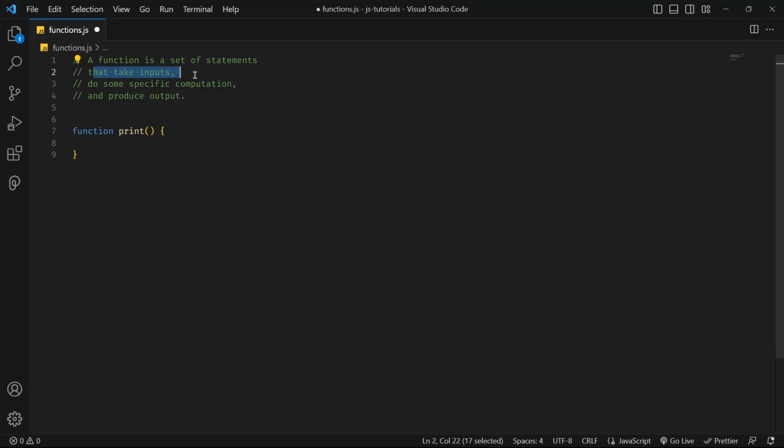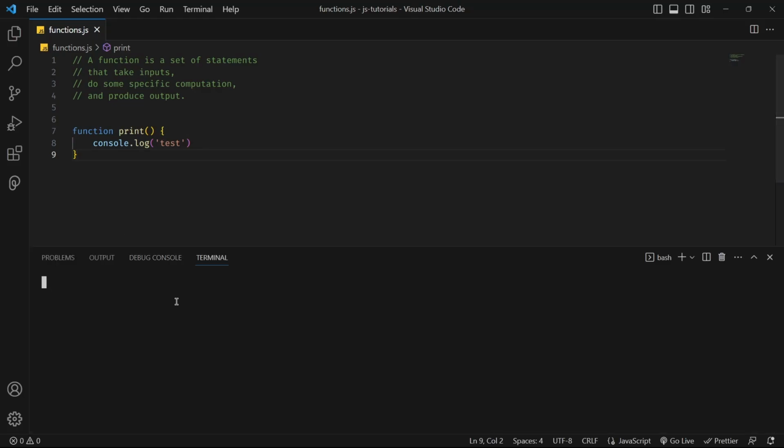Here I have mentioned that a function will take input, right? Actually, it is not mandatory to pass input every time. If your function really wants an input, then you can pass it, okay? This is a function without passing input, okay? Let's say I need to place some logic inside this, like some code inside this. I'm just typing console.log and I'm giving it test. Okay. If I execute this file now,